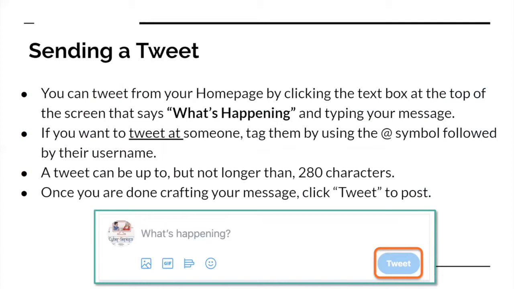Then, for sending a tweet, you can tweet from your homepage by clicking the text box at the top of the screen that says what's happening and just type your message. If you want to tweet at someone, tag them by using the @ symbol followed by their username. A tweet can be up to but not longer than 280 characters. Once you are done crafting your message, click tweet to post,